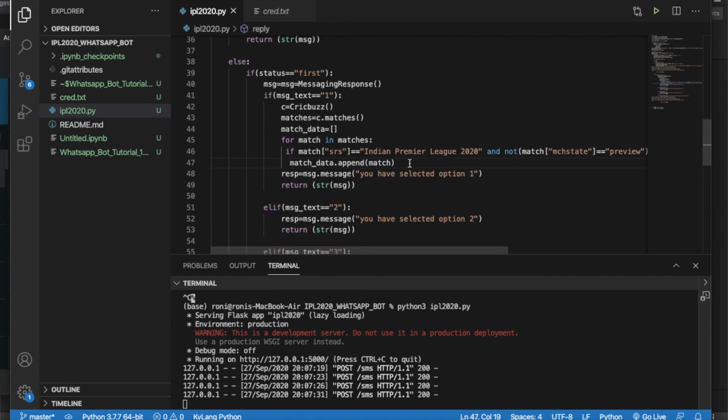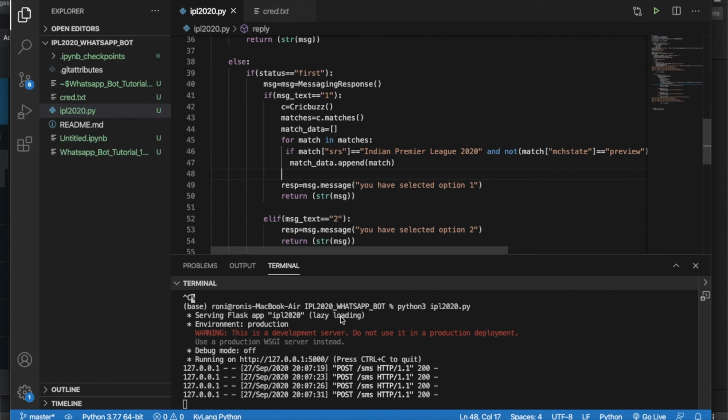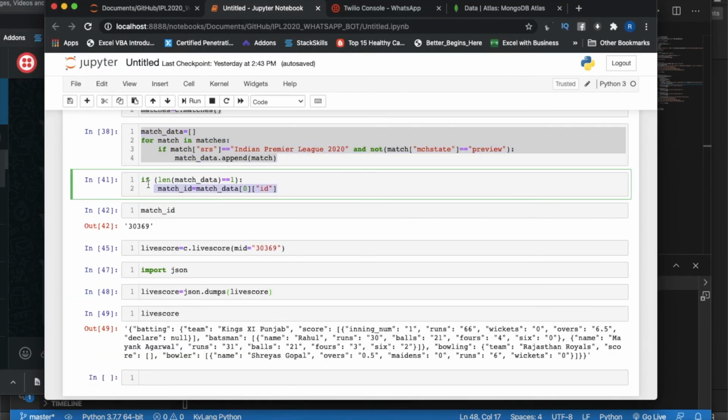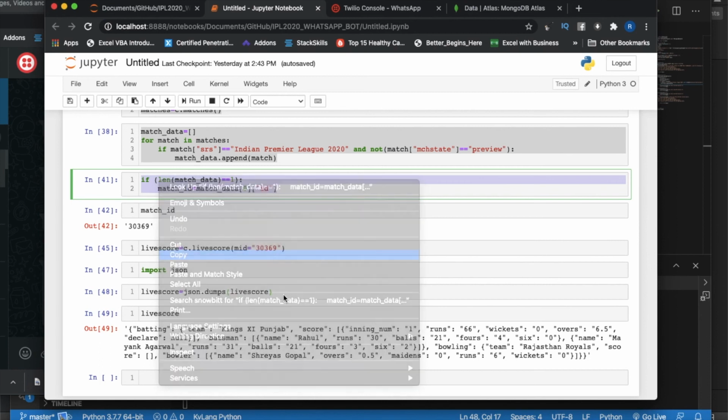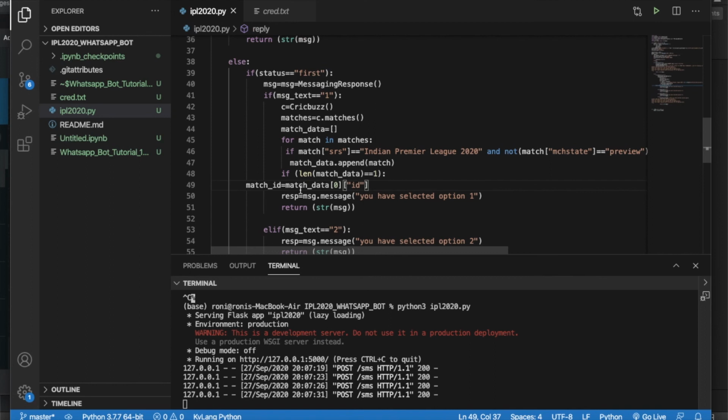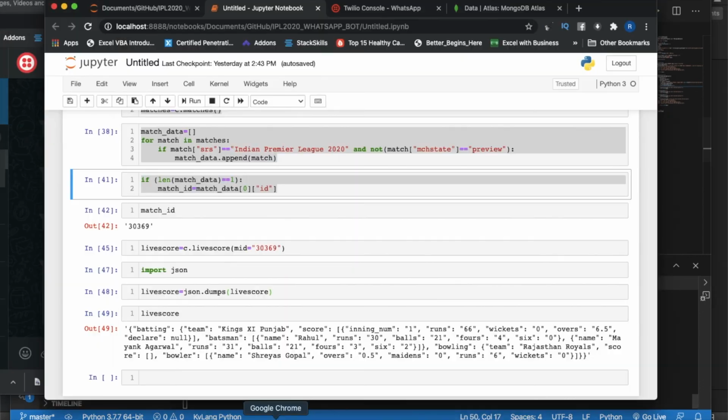Once this is done, I have to come out of the for loop and get the match ID. Once I get the match ID, then only I'll be able to generate the data.